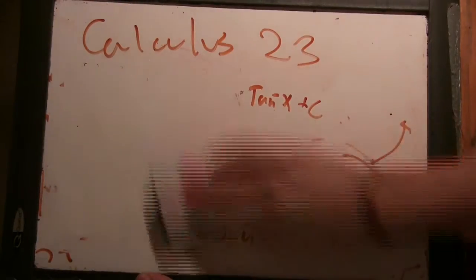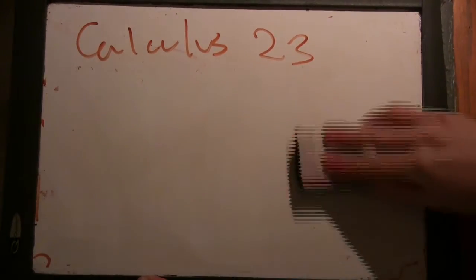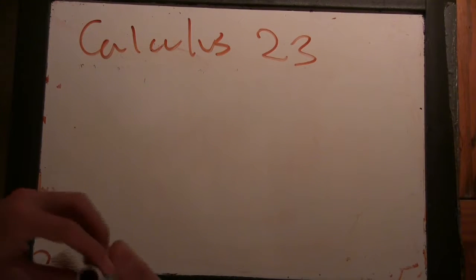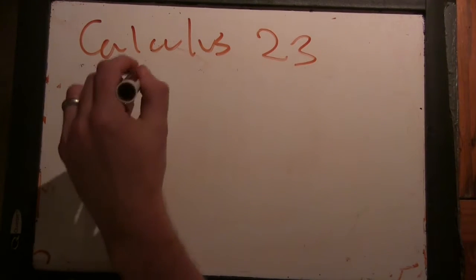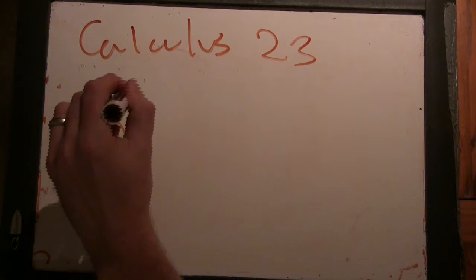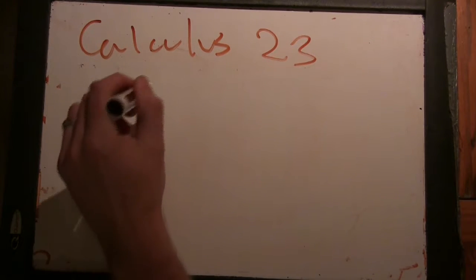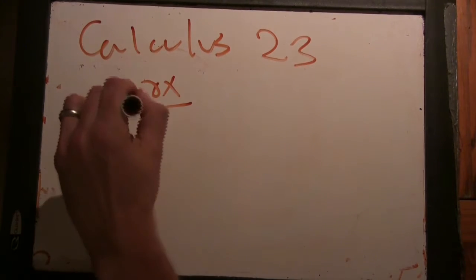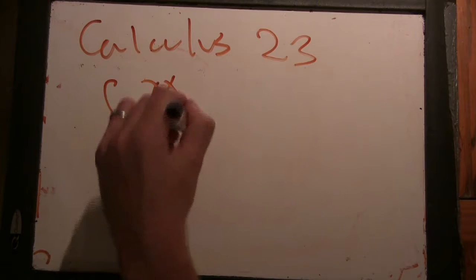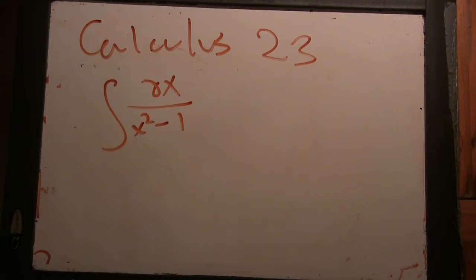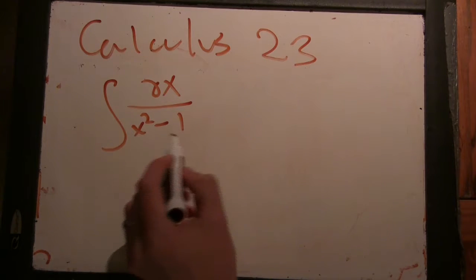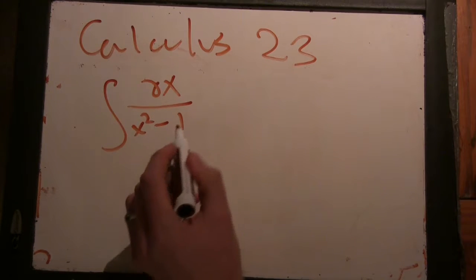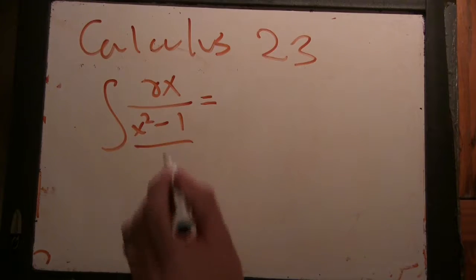So the first thing, before I show you that interesting relationship, there's another technique of integration called partial fractions that we might use to do the integral of dx over x squared minus 1. So this is not related to arctan, because that arctan is x squared plus 1. Here we have to write this as, because we don't know how to do this integral, but we